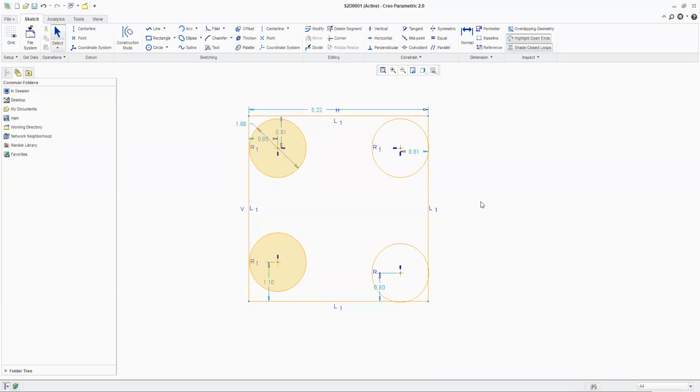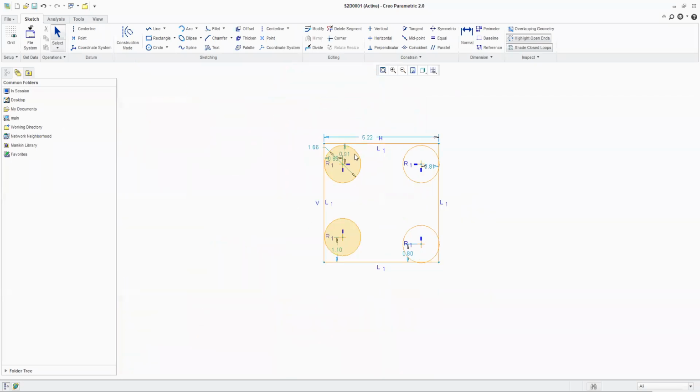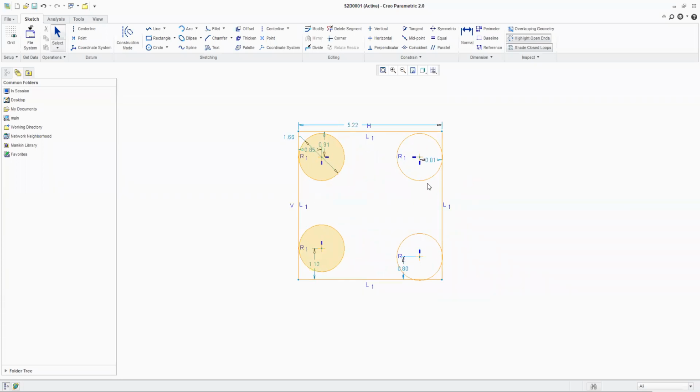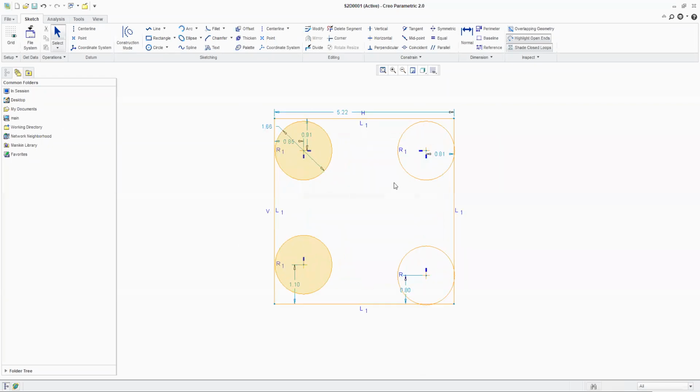Yes, sir. In CATIA, what we used to do, we used to draw this circle and mirror it. Again, we selected these two circles and mirrored them, right? So instead of doing all that trouble, I can here put equal directly as a constraint. Okay. Sir, which circle's dimensions will be carried forward?